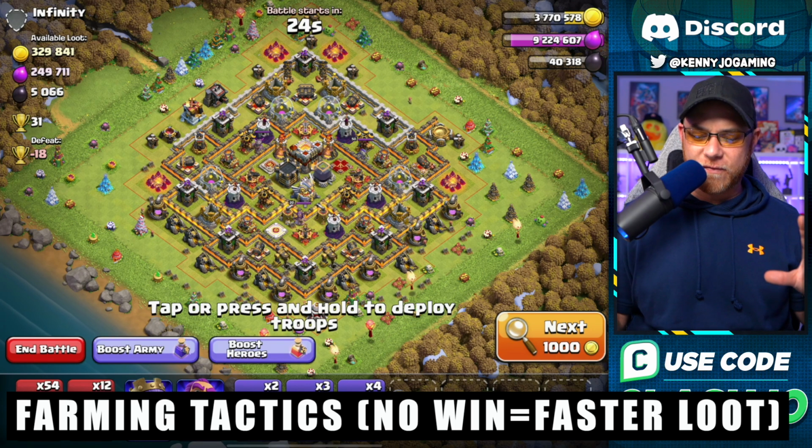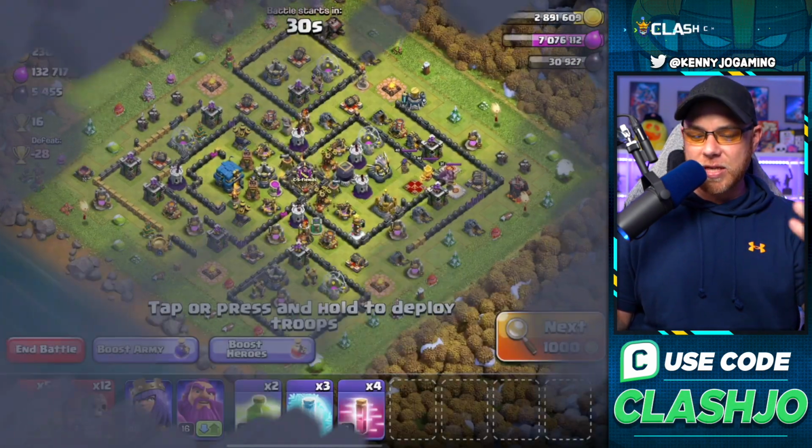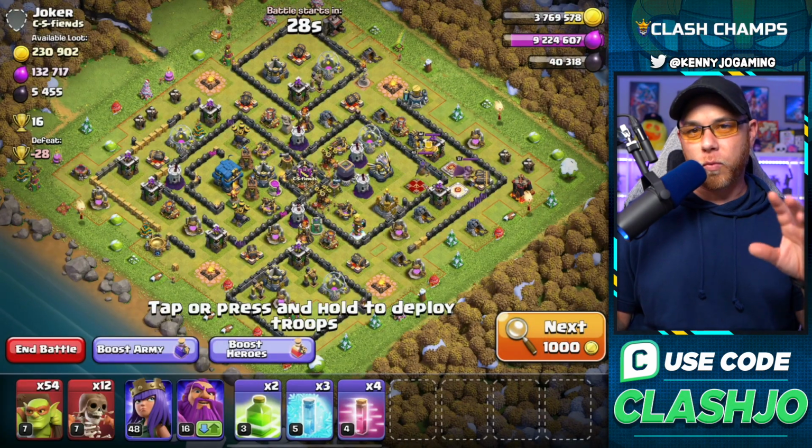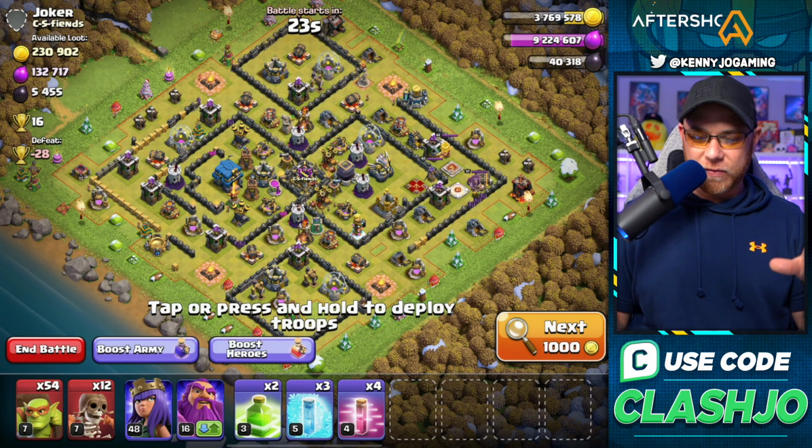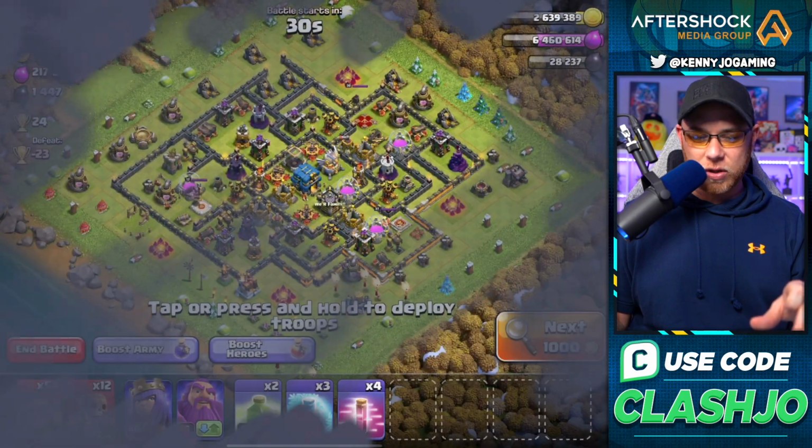But if you're really trying to get dark elixir really fast, you do not need to take down the town hall. You could try to find bases that have easily exposed dark elixir, or ways that you can just grab the dark elixir and get out quickly. So let me see if we can find an example of this. There's 5,000 dark elixir,